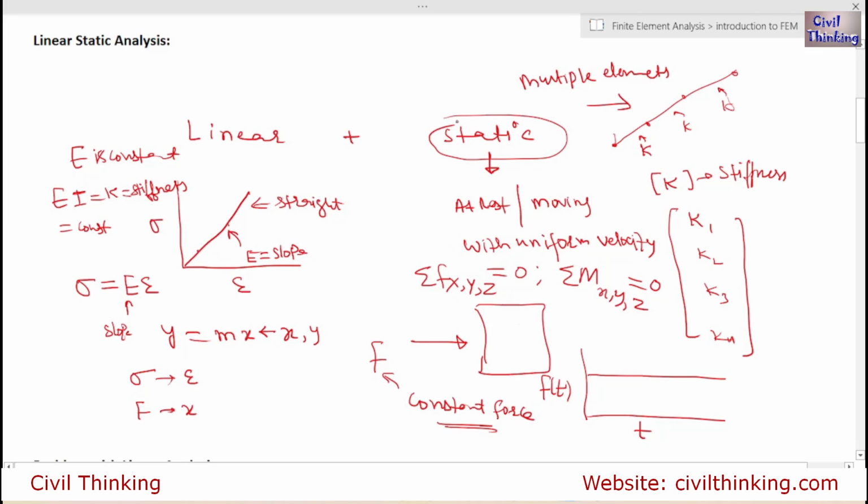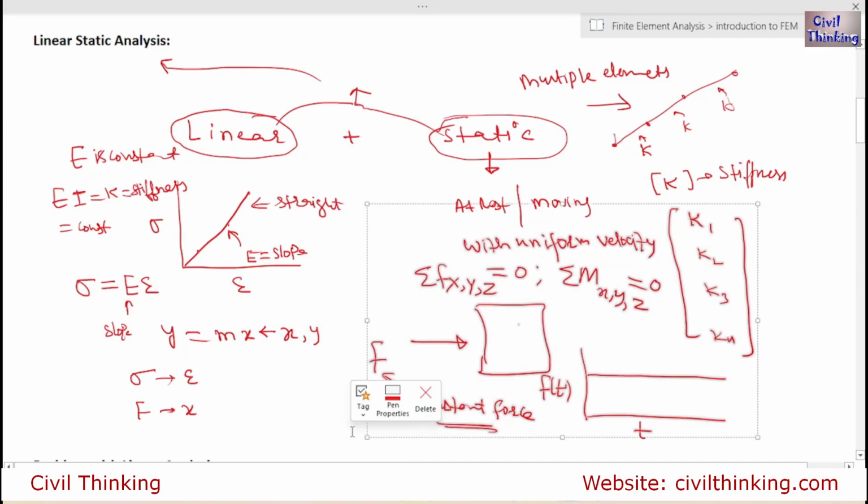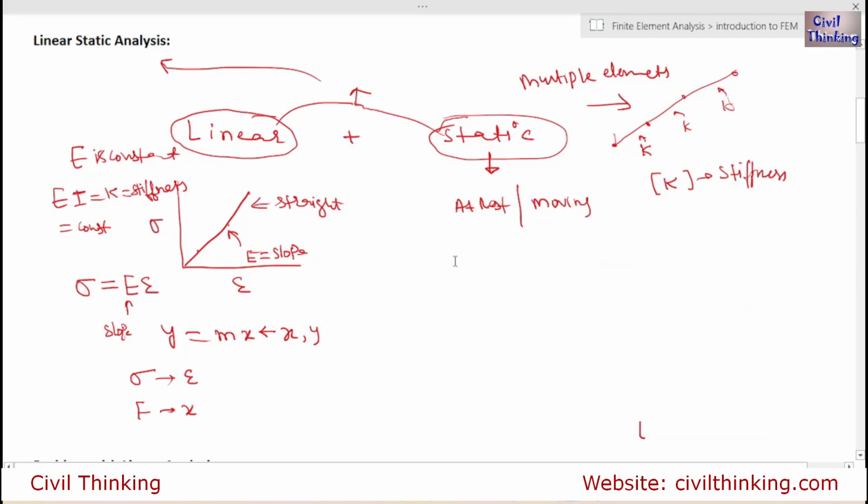Now when, in an analysis, we come to a situation where both of these conditions exist together, then it is a linear static analysis. So this is the concept of linear static analysis. Let me write here. So in linear static analysis,